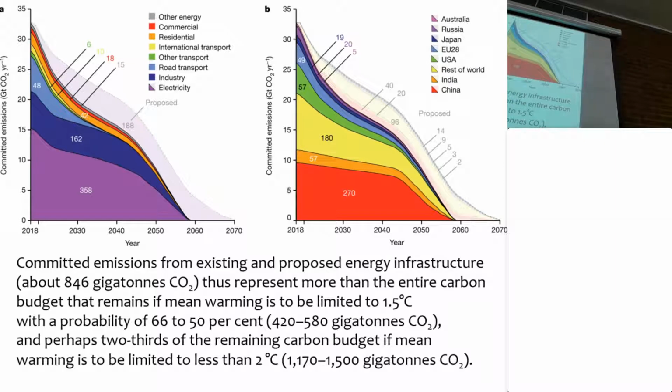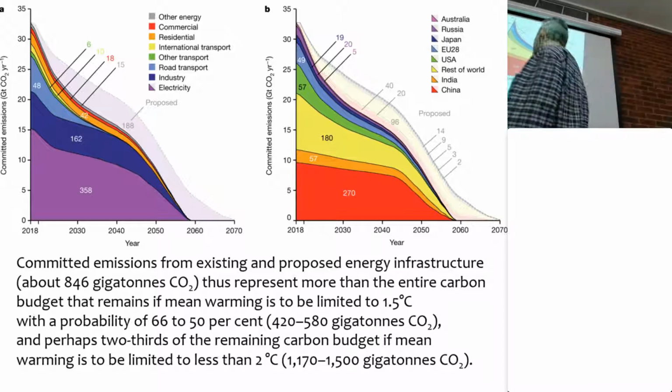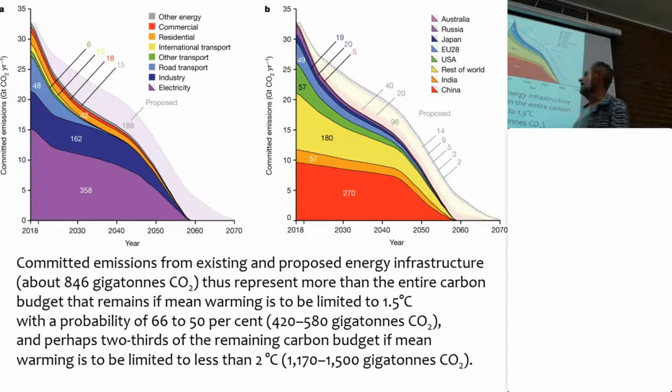And this is existing stuff, and then in the light gray, you're looking at stuff that is currently being planned, or that in 2018 was being planned. And what you see is that the amount of CO2 that comes out is 850 billion tons of CO2. If you want to keep the temperature below 2 degrees, then we can emit another 1200 to 1500 billion tons of CO2. So that is doable,